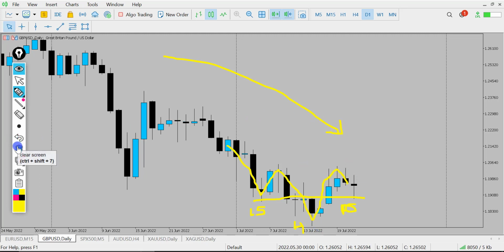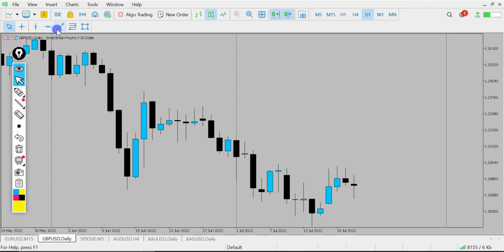So if I was to just actually calculate that up, let's say the neckline is here. Okay, we've got the tips of the wicks just through there from that left shoulder and potentially this right shoulder move. So I'm going to take the head of the pattern and draw a line straight up to that neckline through there. And then I'm going to just control copy that up, put it onto that neckline. And where does it kind of finish? Well, if we pop a line there, we can see that it comes up around about